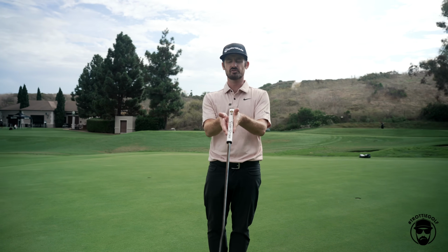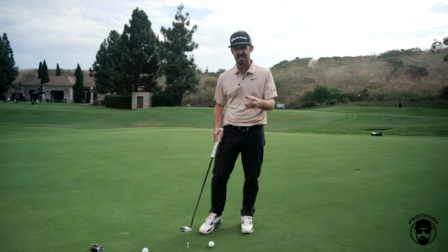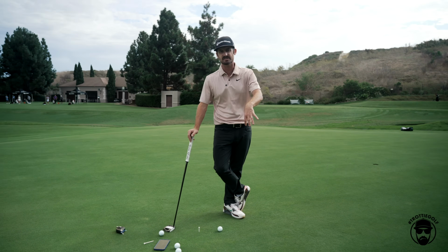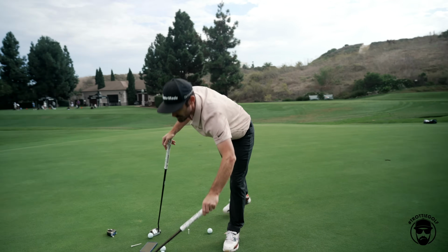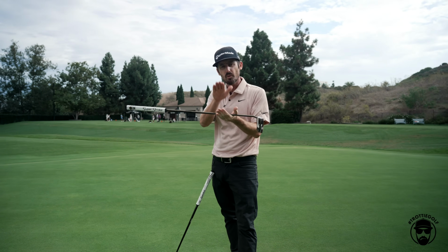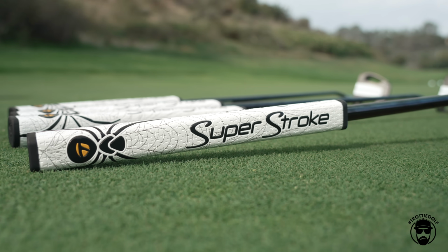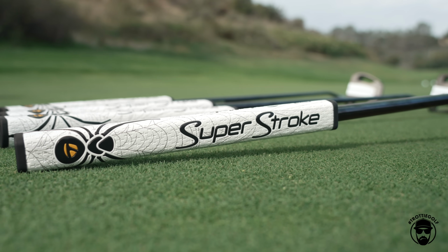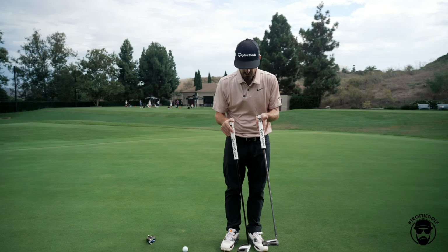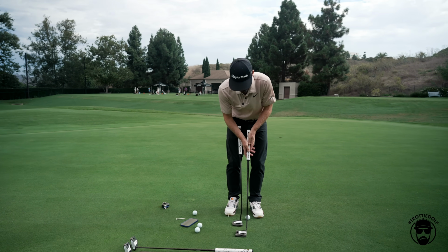Super Strokes are great. When I worked out on tour, pretty much every week for a long time, in the last 2 or 3 years I focused just on this area, mainly because of the original one of these shapes, because it was such a great model on tour. The number one putter on the PGA Tour when this bad boy was out was this. This grip on it, I would change to this 70% of the time. Why? Because when you go for a Super Stroke, it's fatter, it's wider, gets your hands nicely locked in, and